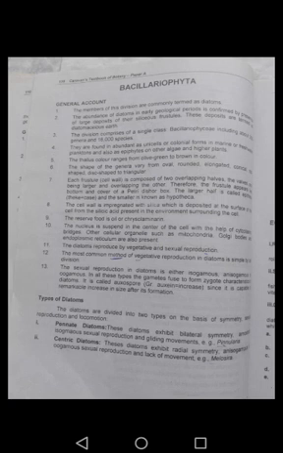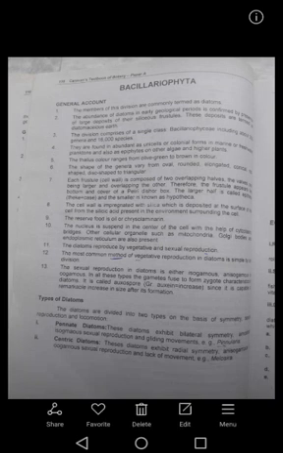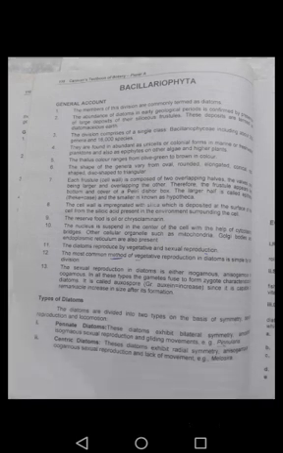The reserve food material is oil or chrysolaminarin. The nucleus is suspended in the center of the cell with the help of cytoplasmic bridges. Other cellular organelles such as mitochondria, Golgi bodies and endoplasmic reticulum are also present.